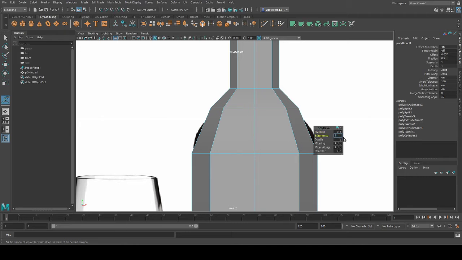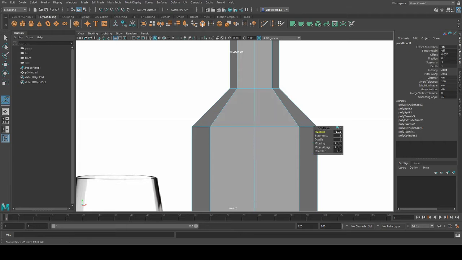Okay, so if I press 3 here, it will add 3 more. First it was only 1, so 1 plus 3 is 4. So how many segments are there? Segments are there, 1 2 3 4. Are you understanding? Okay, so 3 is enough for me. You can put 4 also. The more edges you put, the more curve it will become. And a little high poly it will become.